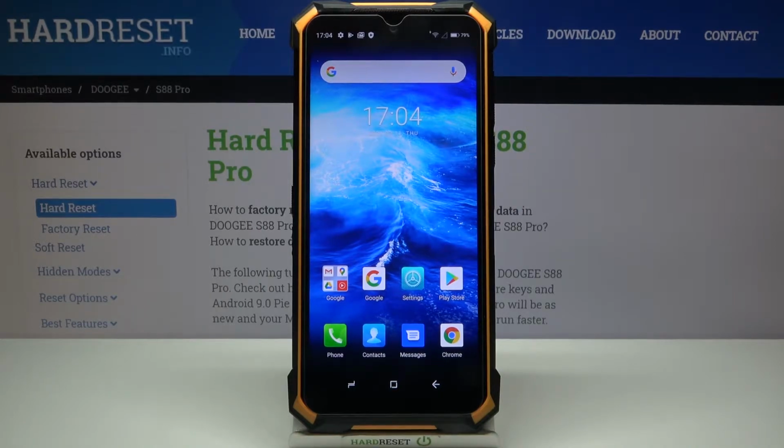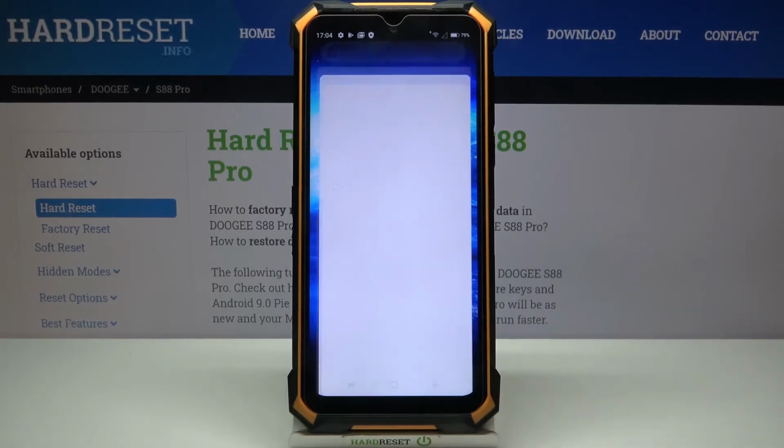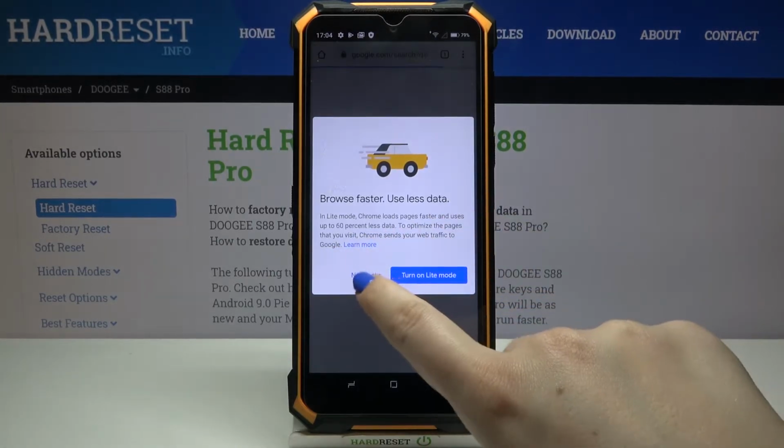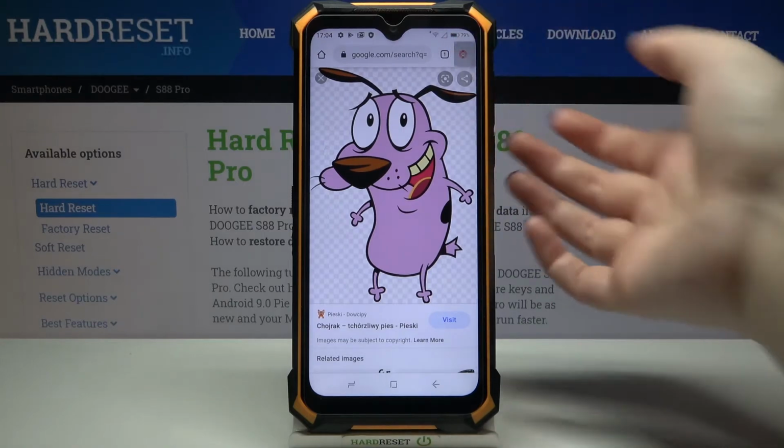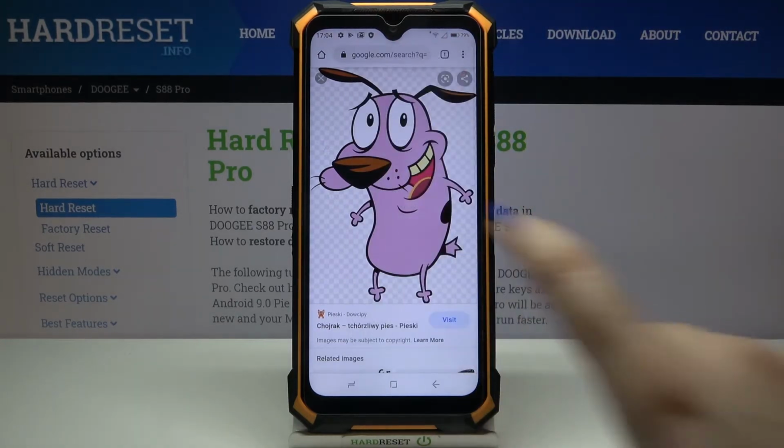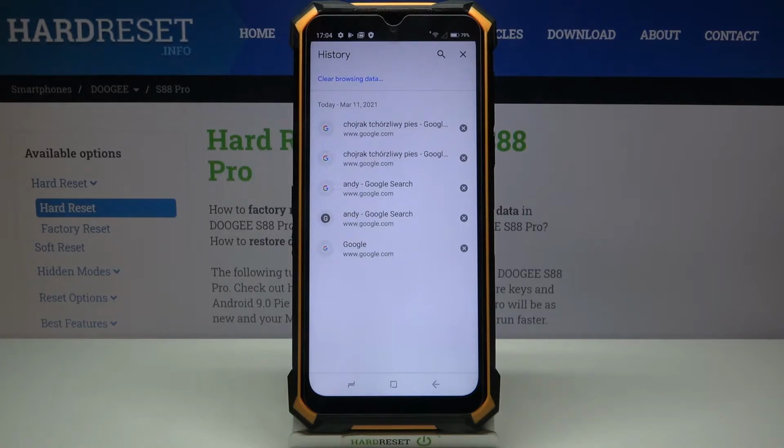on this device. So firstly we have to open our browser, and in my case it will be Google Chrome, so let me tap on it, and here we have to tap on this three dots icon in the right upper corner. Now let's tap on the history right here, and as you can see here we've got the list